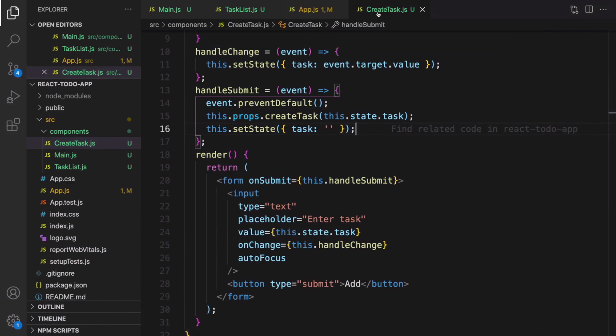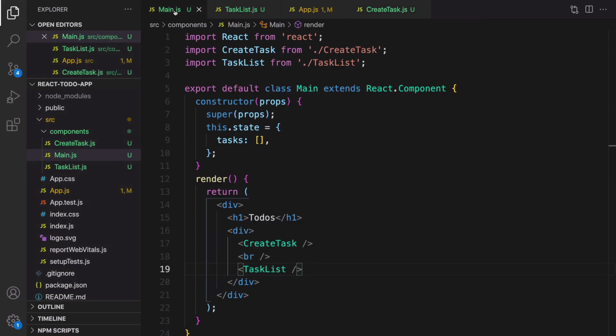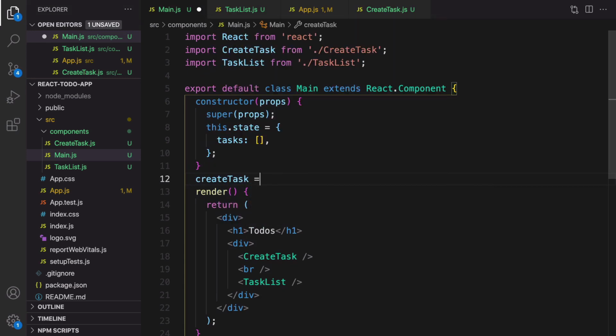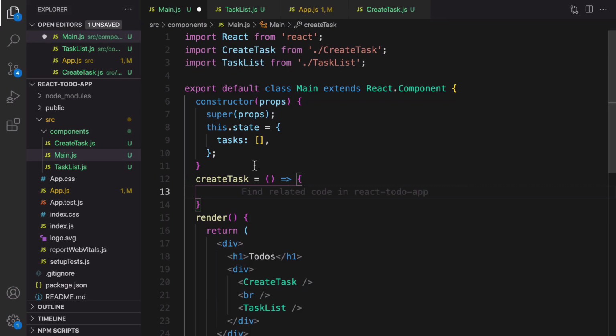Let's create that function. What is the parent of create task? We need to create the function in the parent of create task. For sure, it's main, because in the main we have defined create task as a child in the render function. Let's define create task here. Create task equal to this function. It accepts task as a parameter, and if